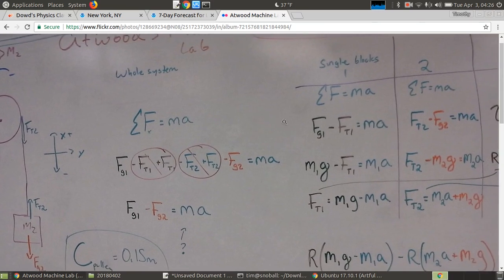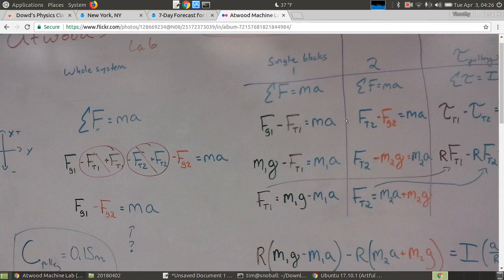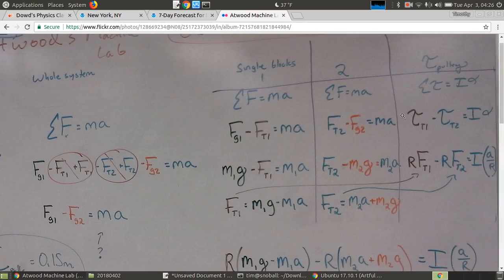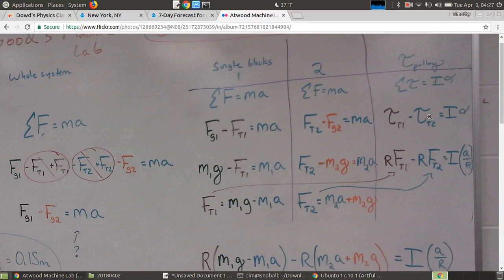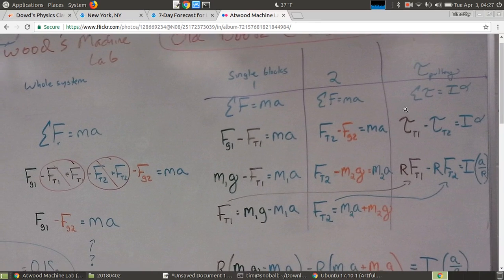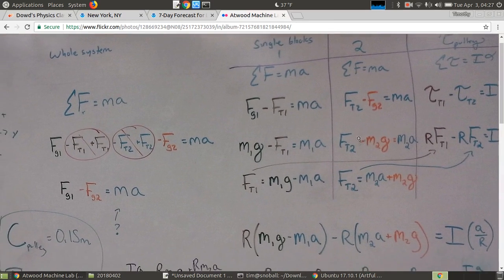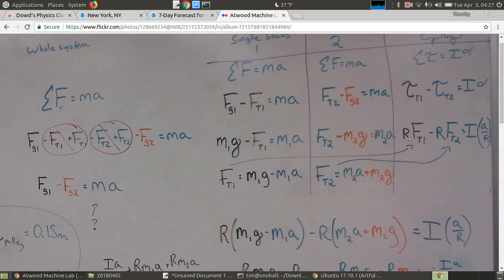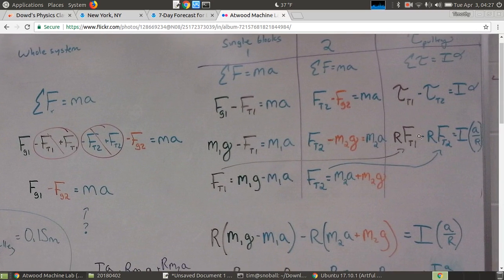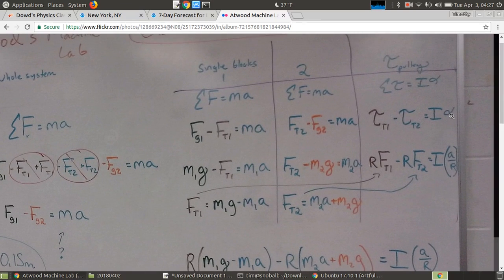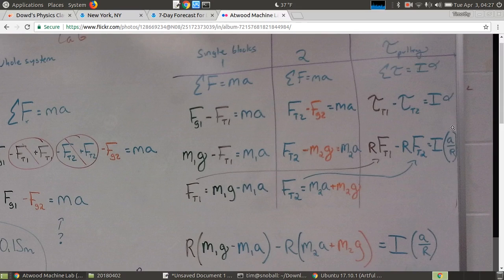So if we look at sigma F equals ma, Fg on the left block is positive, Ft on the right block is positive. In addition, the torque that block 1 causes will make a counterclockwise rotation. The torque that block 2 causes will make a clockwise one. So the torque of T1 is positive. You then plug in everything you can. We have equations for Fg. And we have to remember torque is the lever arm times the force. We also have this last thing where alpha equals a over R, and that's from the rotating without slipping condition,